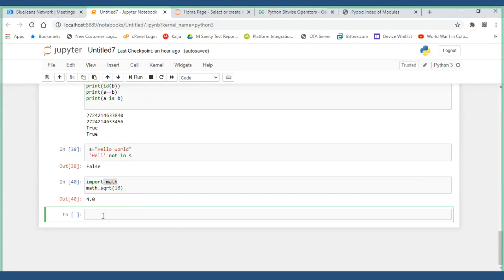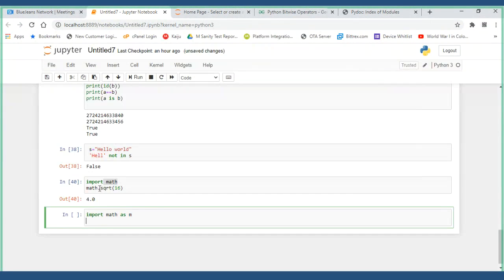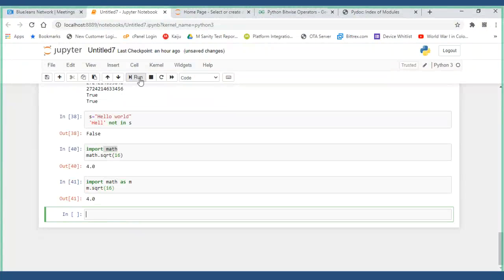Now, say for example, import math as something you want to name it. Like, I don't want to use it as math, I will be using yum. Okay, just yum. So you can use it as yum, and you can say yum.sqrt. sqrt means square root function. Square root of 16 you are trying. What is the square root of 16? That is 4. Correct, right?